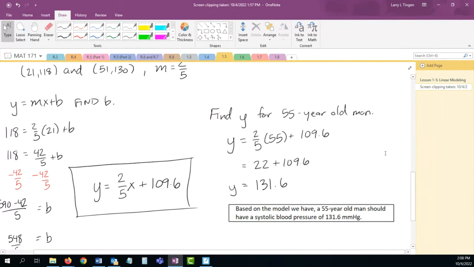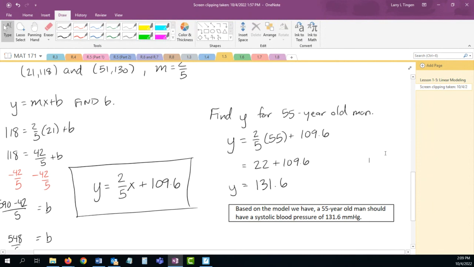Because notice when I did the problem, I picked 2 points in the data set, and since I picked those 2 points, this line has been created. If I picked any 2 other points, I would end up with a different answer here because my equation would be different. When I do 0.4x plus 109.6,